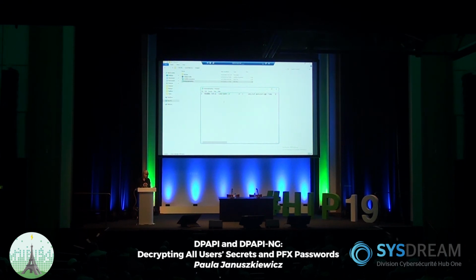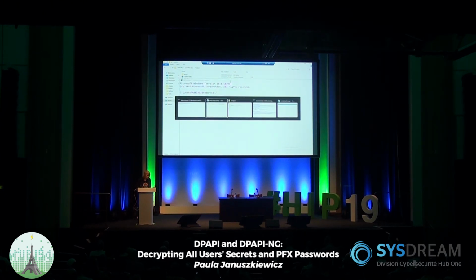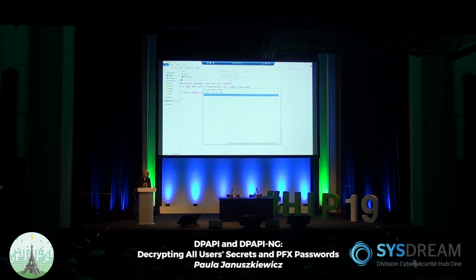By having access to the domain of the user, what can we do? We can technically decrypt this KeePass by getting access to the user's data. Let's do it. You can be anybody you want to. I'm actually logged on over here as administrator, but it doesn't matter because we have access to the user's data. So let me show you something. What we're going to do over here, let me copy this.